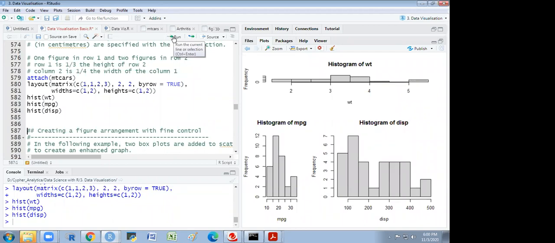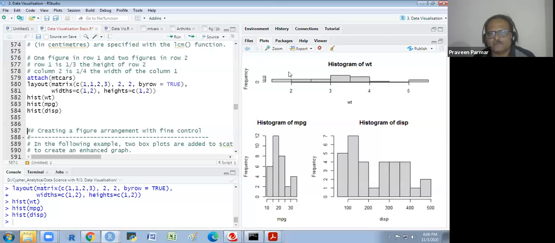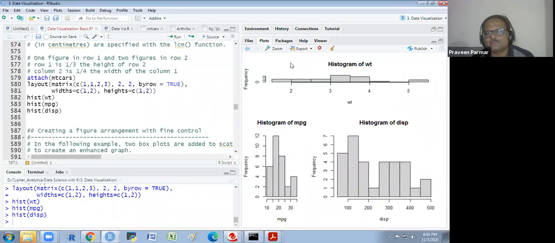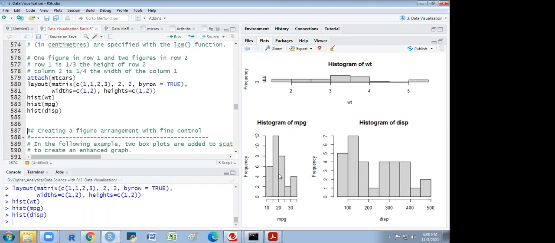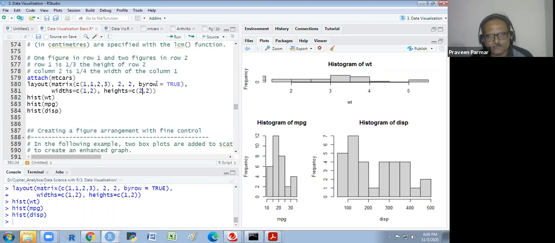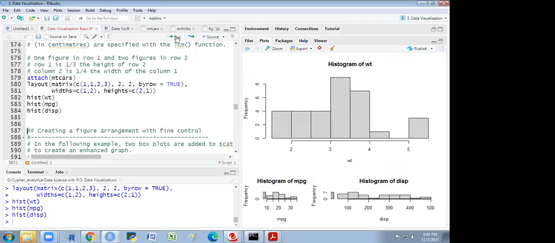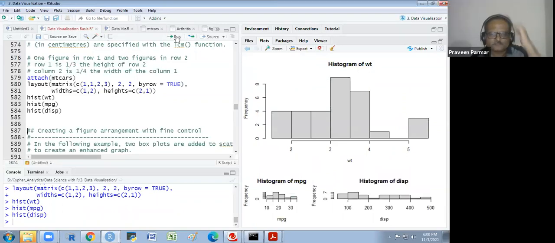And the height of 1, this is 1 and this is double. So I want this to be double and this to be 1. So I will change it to 2 and 1. Got it? Yes. So you can write it a different way, you could arrange it.